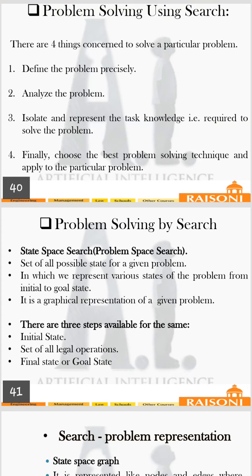There are four steps to be considered to solve a particular problem. With the help of those we are going to solve the AI problem. So what is an AI problem? An AI problem requires knowledge or a particular database, with the help of which we solve the given complex problem. So what is knowledge or a database? The database or knowledge is nothing but if-then logic, neural networks or theorems.